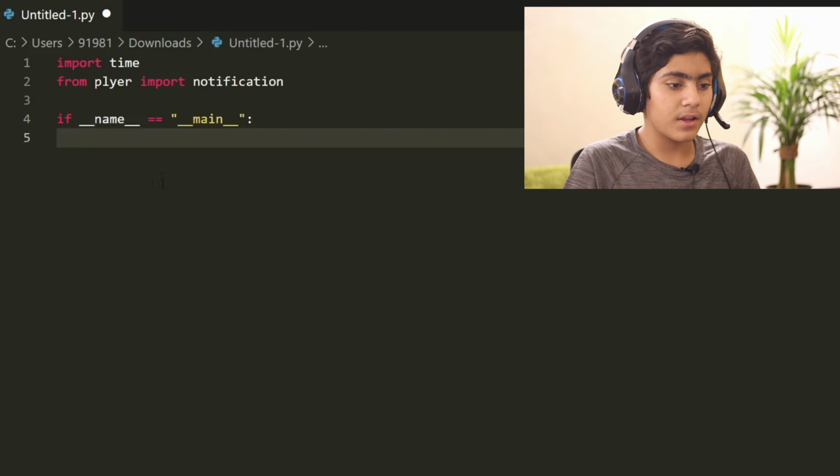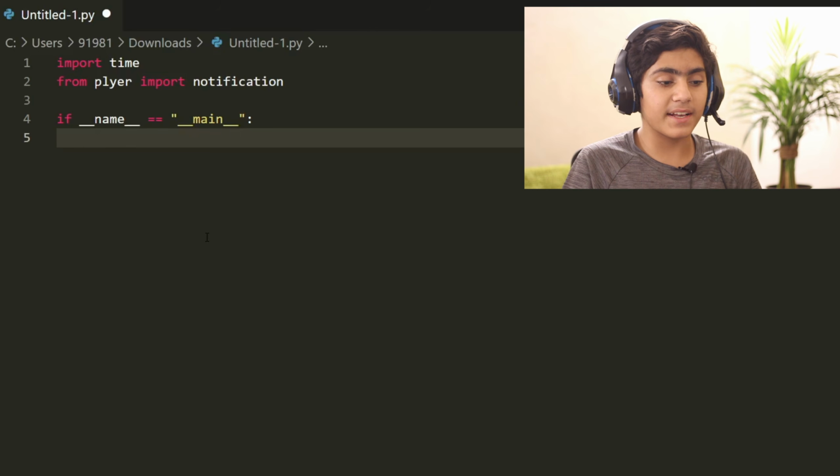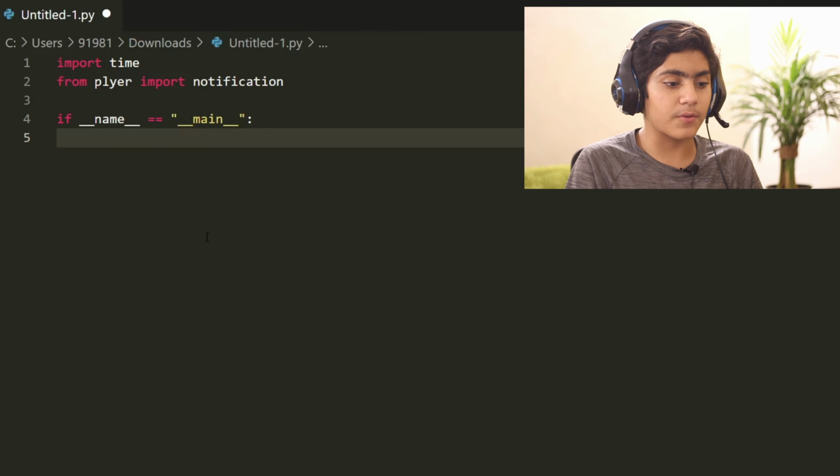Then you have to put a colon, and if you are in a text editor, it will automatically indent the next line. But in case you are in a notepad and not a text editor, you have to put 4 spaces instead of an indent. That will do the same thing.